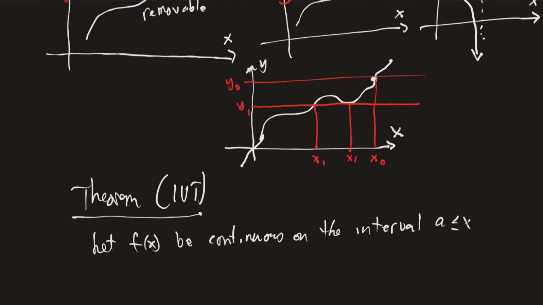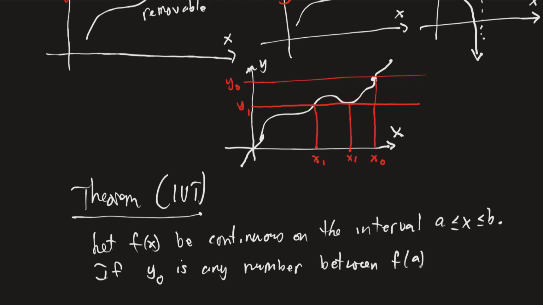So I'll write it like this: let f of x be continuous on this closed interval, and if y0 is any number between f of a and f of b,